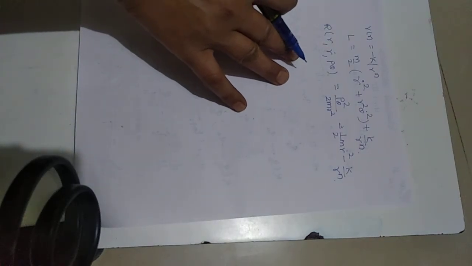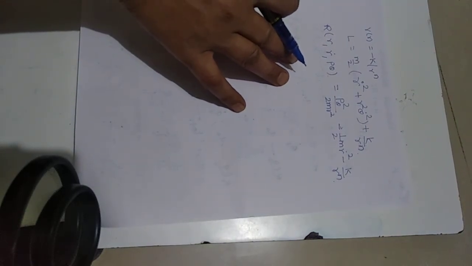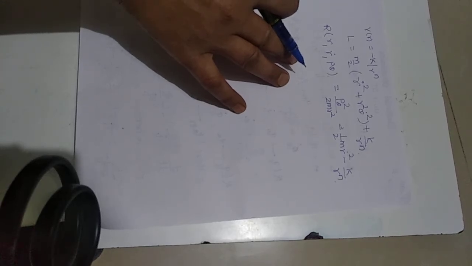Physically, we see that the Routhian is the equivalent one-dimensional potential V dash of r minus the kinetic energy of